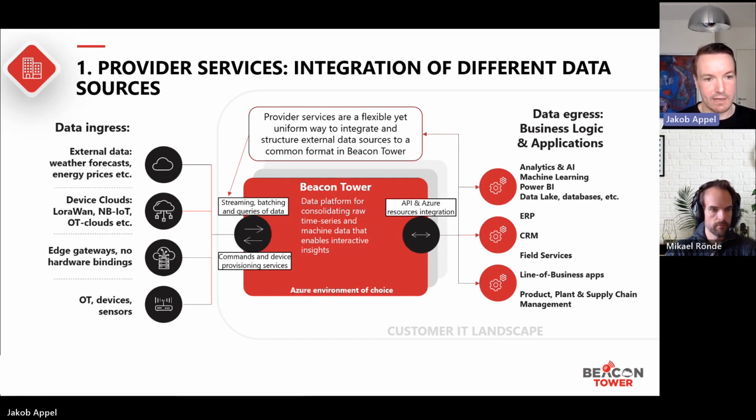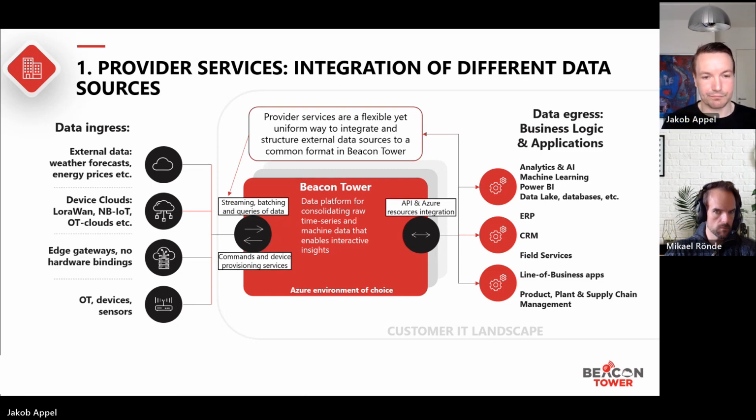And they can deliver the data whether it's in a streaming format, in a batching format, or we query to get the data. So everything is possible in that sense. Then we process all the data and make it available through APIs, as I've said, to other types of systems as well. We also, of course, have our own cockpit and our own user interface to Beacon Tower that we will see later on in the demo. But otherwise, it can all be exposed via these APIs and used in other projects, such as analytics and AI, machine learning, business systems, and other product and